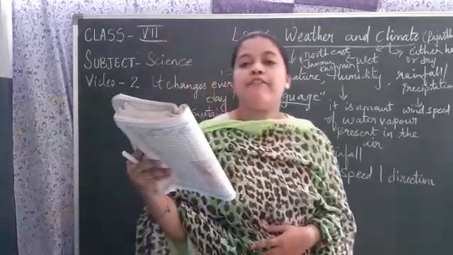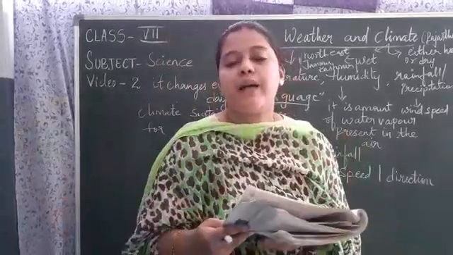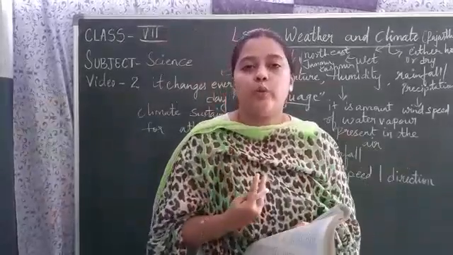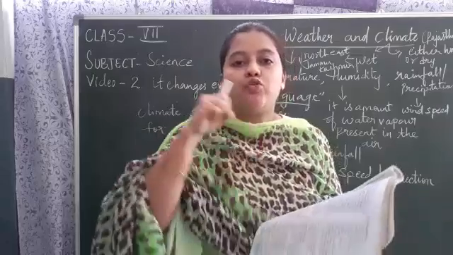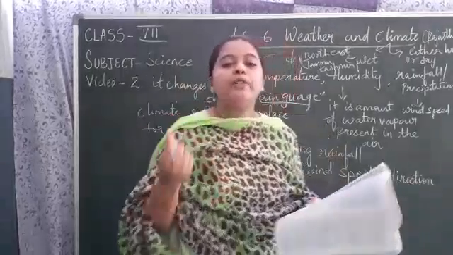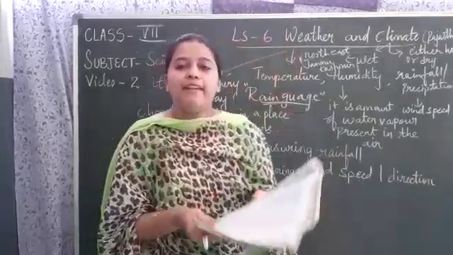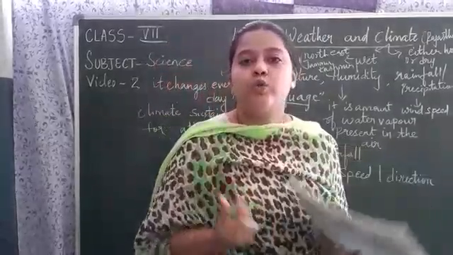Now, apart from this, I want to tell you about climate and lifestyle, children. Usually climate mostly affects our daily life. If it is the summer season, we would like to wear cotton clothes, so that the sweat is absorbed by the cotton clothes and gives our body some coolness. Whereas in winter we would like to wear warm clothes.